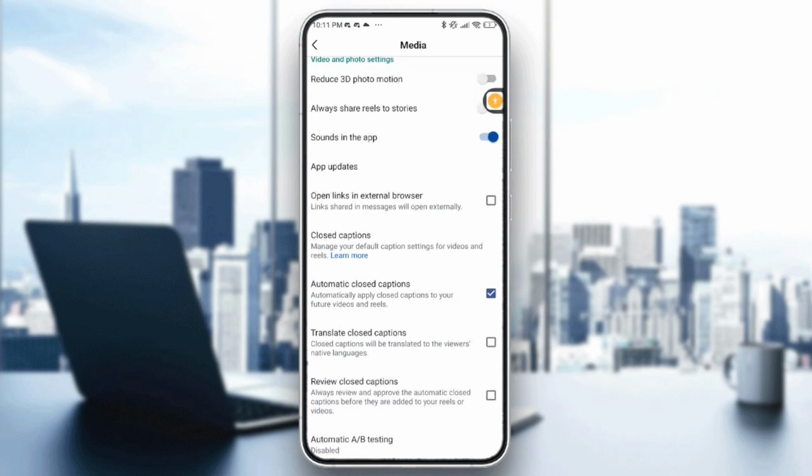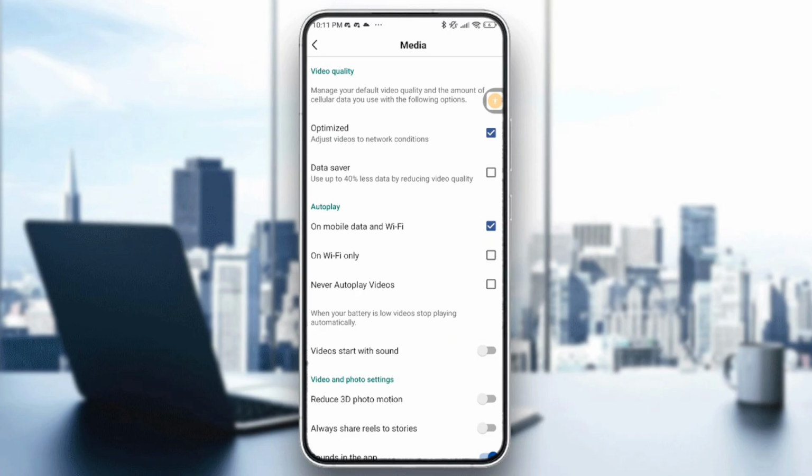Alright, and yeah, so by doing these steps you will enable the HD video and Facebook story upload. And you need also to make sure that the video that you want to upload on your stories is downloaded to your phone on the